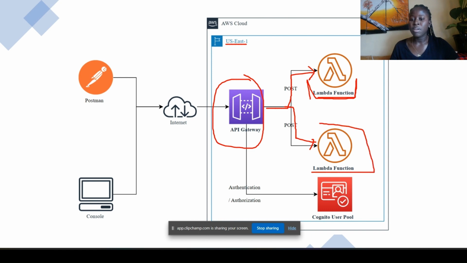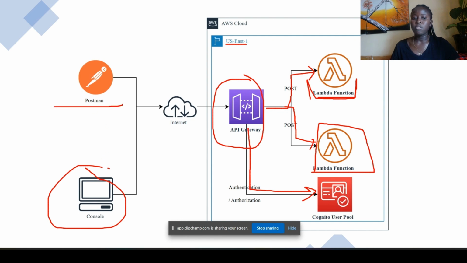And we'll also have another Lambda function just to test other features of the API Gateway, such as caching and throttling. So we will deploy these two Lambda functions using some template, and we will test authentication and authorization using AWS Cognito. So we'll create a user pool, create a user, authenticate this user, and test if our API Gateway is authorized. And then we will also test the functionality of our API Gateway through the API Gateway console, and also the Postman service. That's it. Let's get started. First,